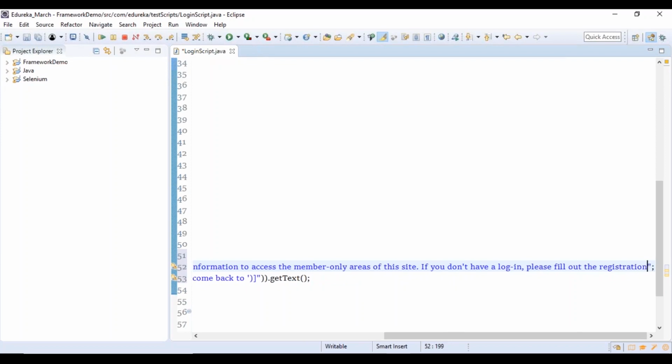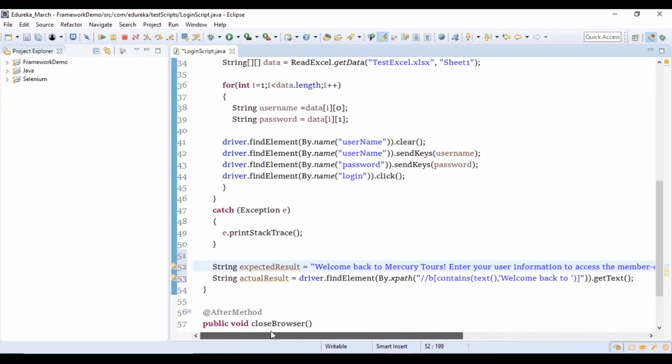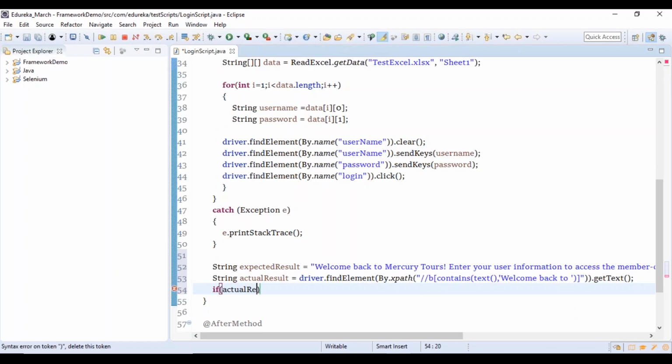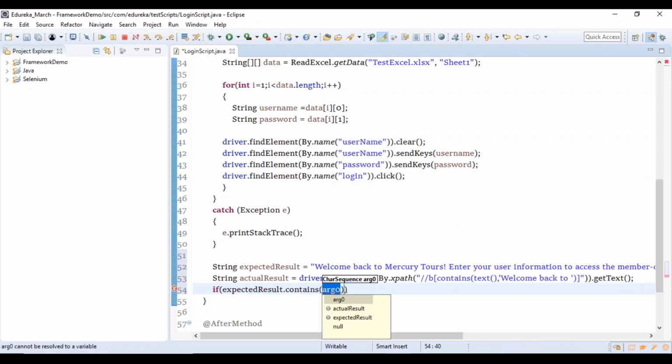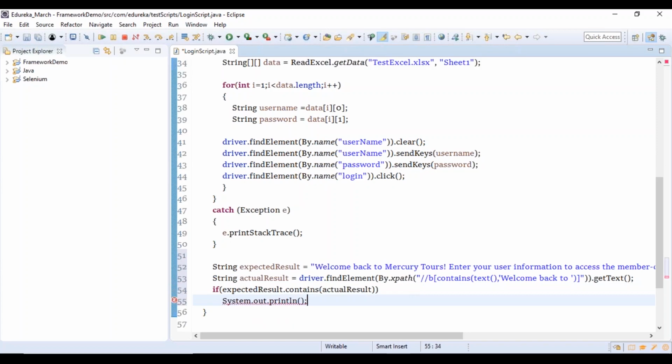Now I'm going to use an assert statement. So you say assert dot, or you can just use an if, actual result or expected result dot contains actual result. Or just print, you can print test case passed.